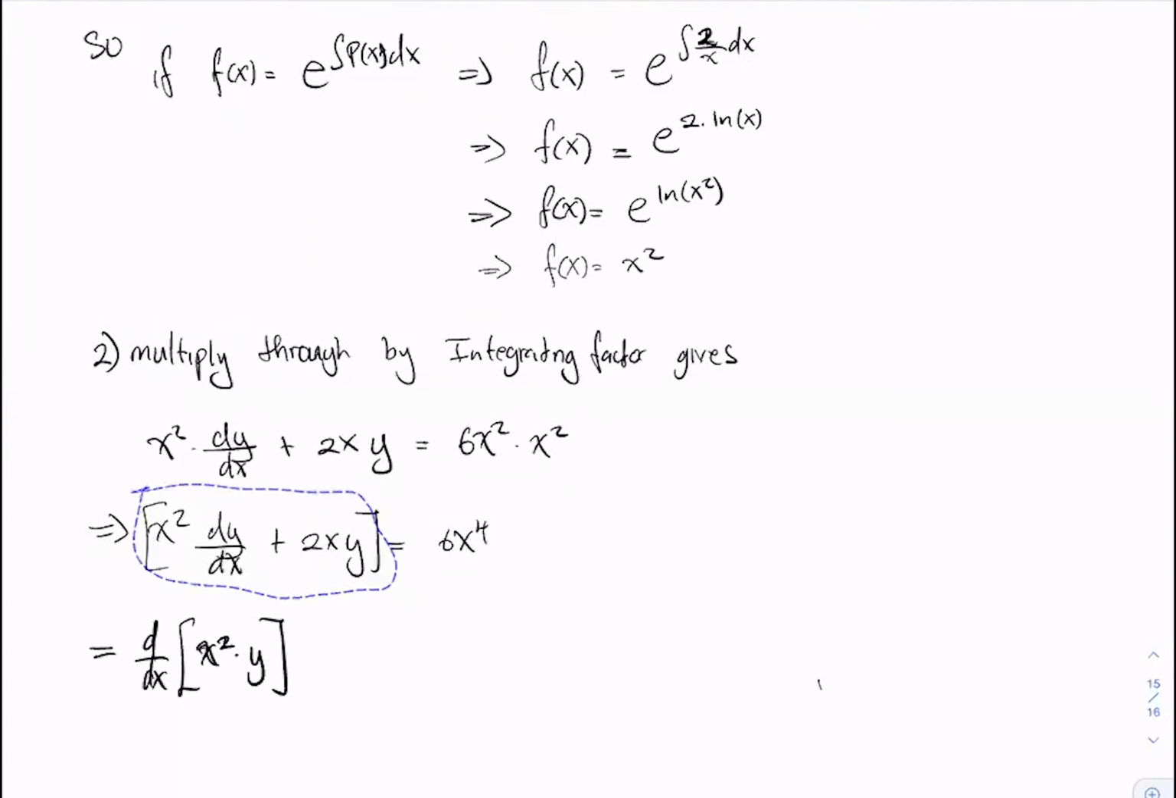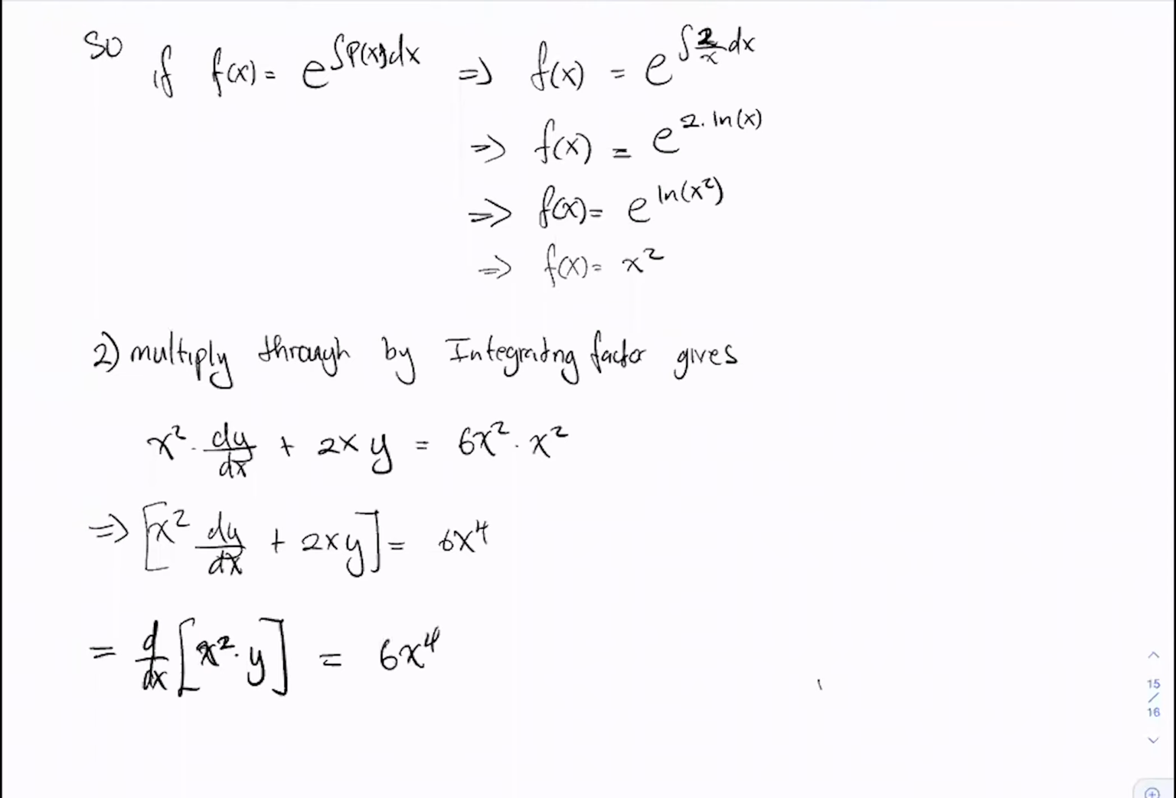Right? So if we take the derivative of x squared times y, performing implicit differentiation, we end up with x squared dy dx plus 2xy. All right, so that means we can rewrite this expression, x squared dy dx plus 2xy, as the derivative of x squared times y. So this then gives us